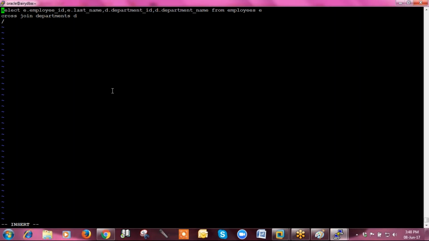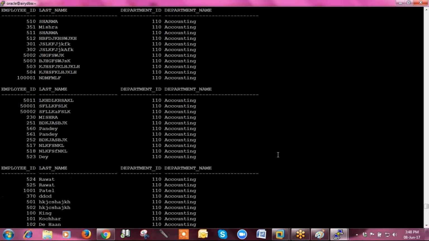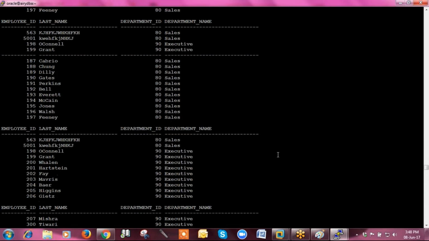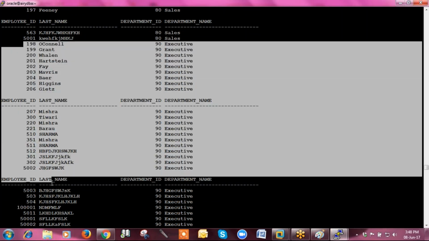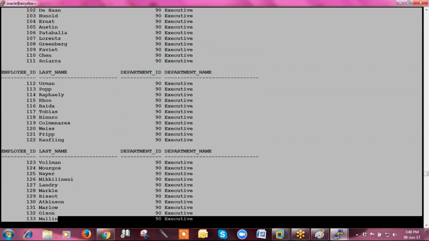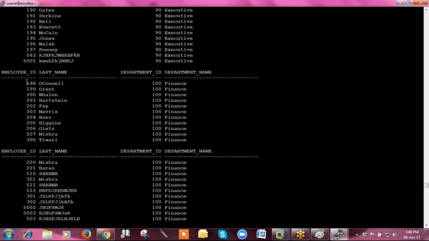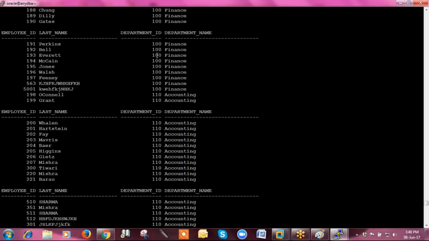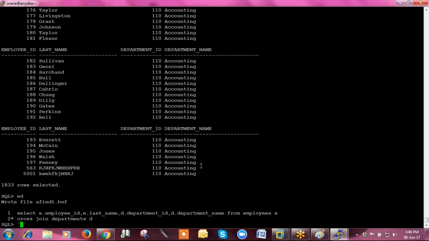of department ID. Here you can see, in this case what it has done, it has taken all 141 rows and the executive 90 executive is same for all 141. Again it has taken another one and displayed with 141. You can see the output is same. Thereafter again it has taken 141 values and displayed, right?